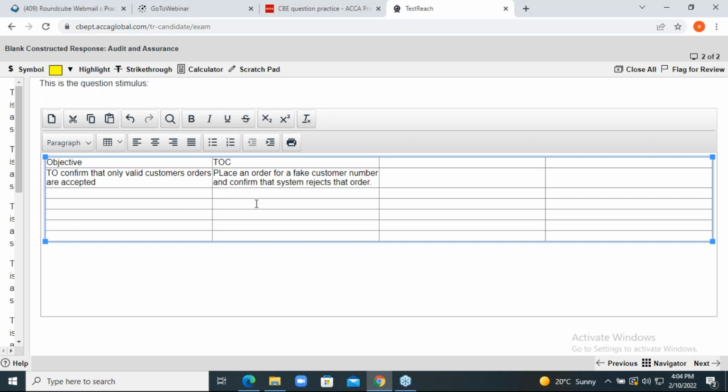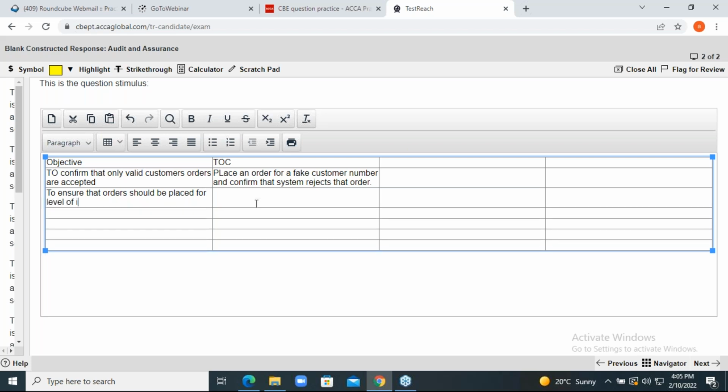The objective is to ensure that orders should be placed for the level of inventory available. So if we are going to accept an order for which the level of inventory is not available,